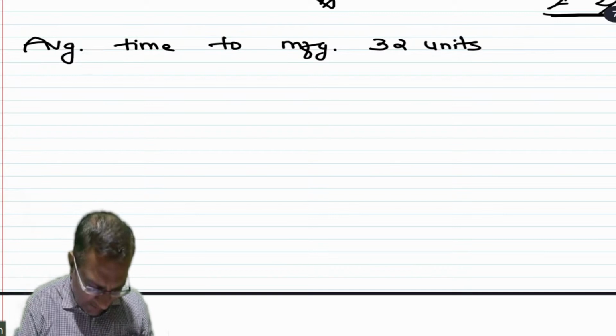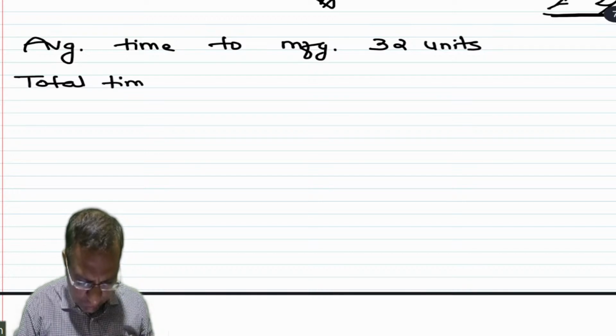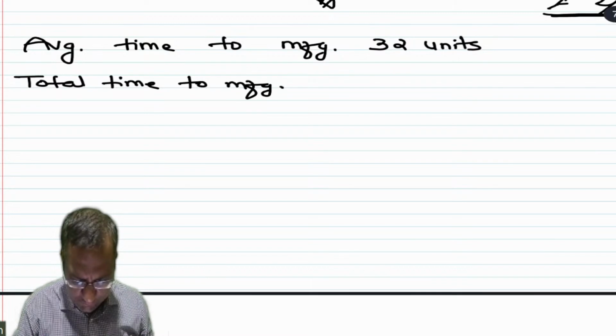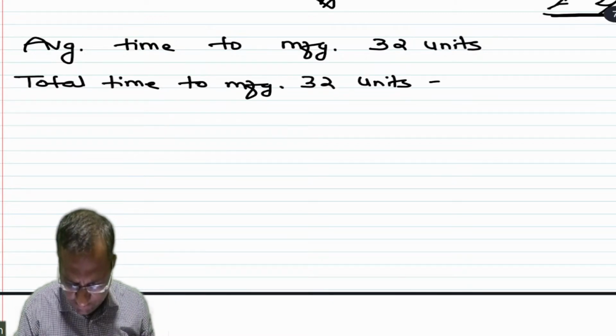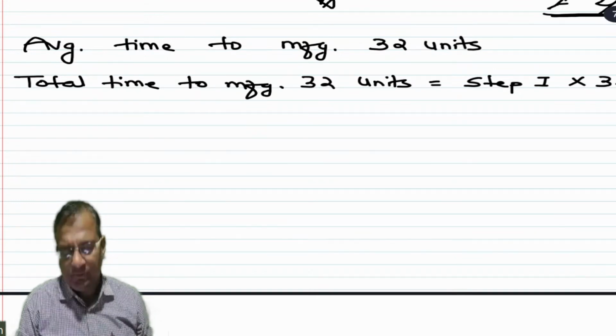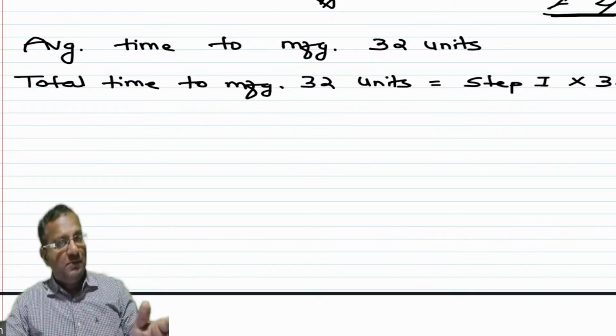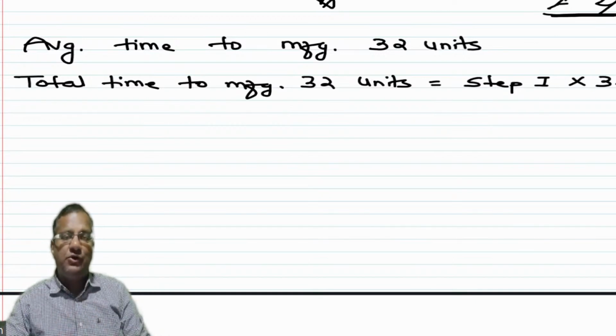Okay, then we will find the total time to manufacture 32 units is equal to step number 1, जिसने हमें एवरेज टाइम दिया है, मल्टीप्लाई बाय 32 यूनिट्स. यही 2 स्टेप्स हमने आंसर निकाला था फॉर रिक्वायरमेंट पार्ट नंबर 1, टाइम टेकन, टोटल टाइम टेकन टू मैन्युफैक्चर 32